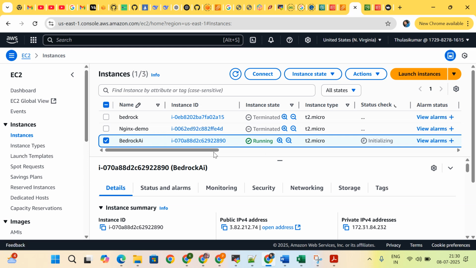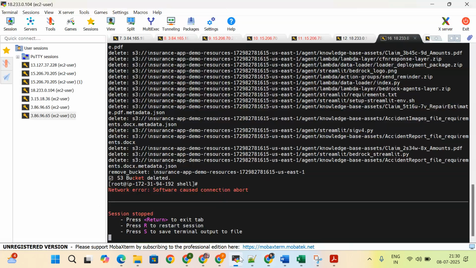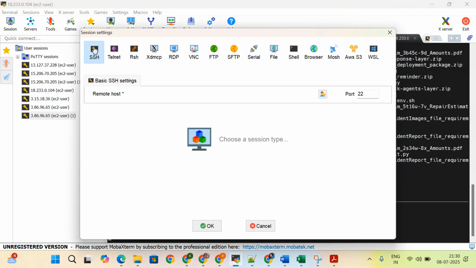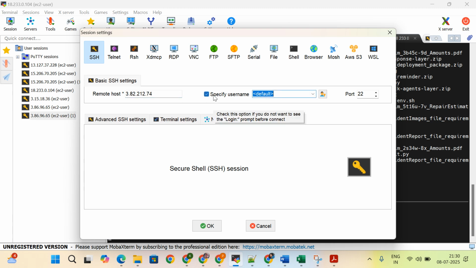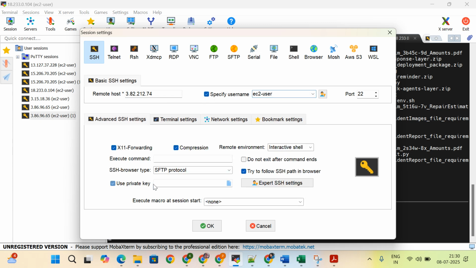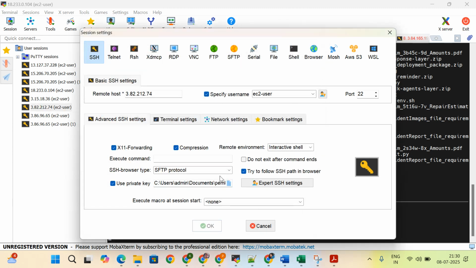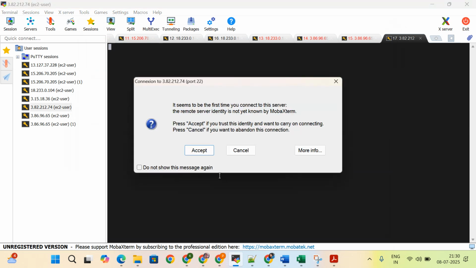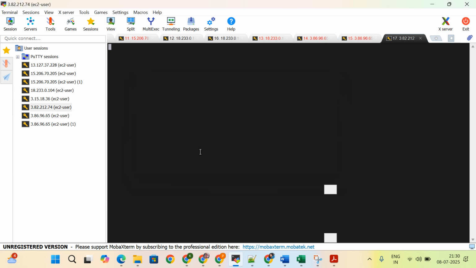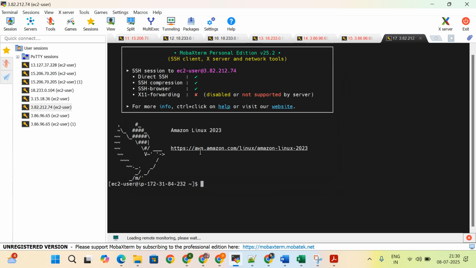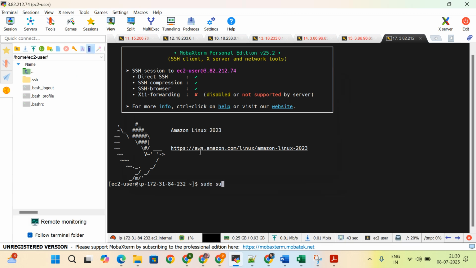Okay, my server is running. Let me connect to the server. Okay, I'm connecting to my server. So it is connected. So now, what do I need to do first? First, I need to